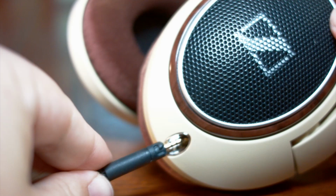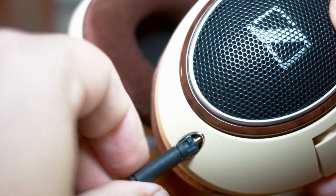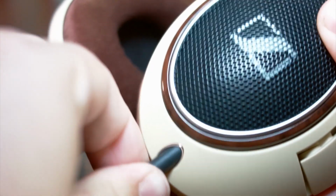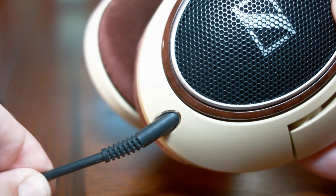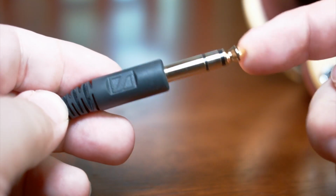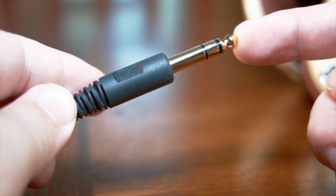The headphone cable that comes with these is just a really extremely long cable. It has the proprietary twist and lock system that most of the Sennheisers use. So if you lose this cable, you're going to have to specifically buy one from Sennheiser to be able to get it to work. As you can see, you have the 1/4 inch and the 3.5mm plugs, so that